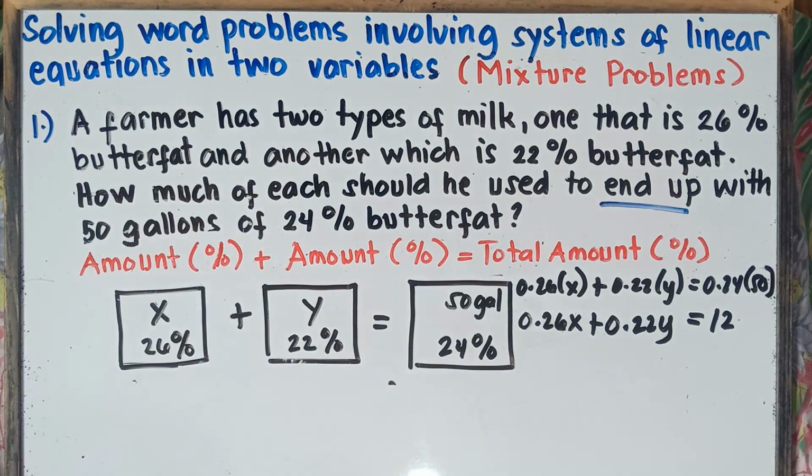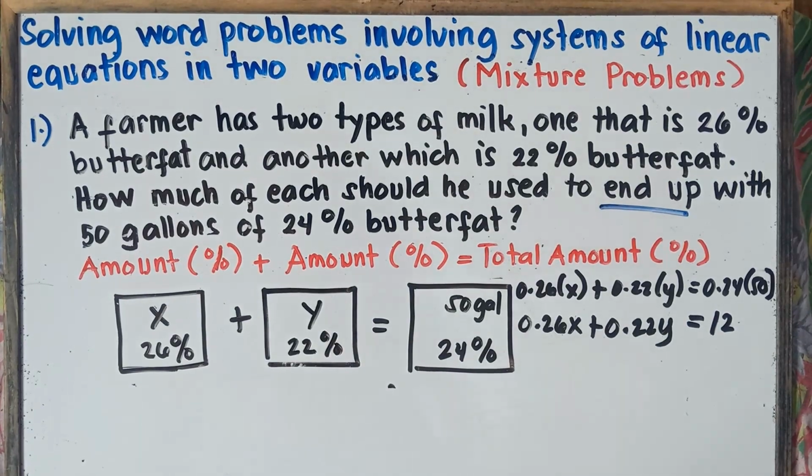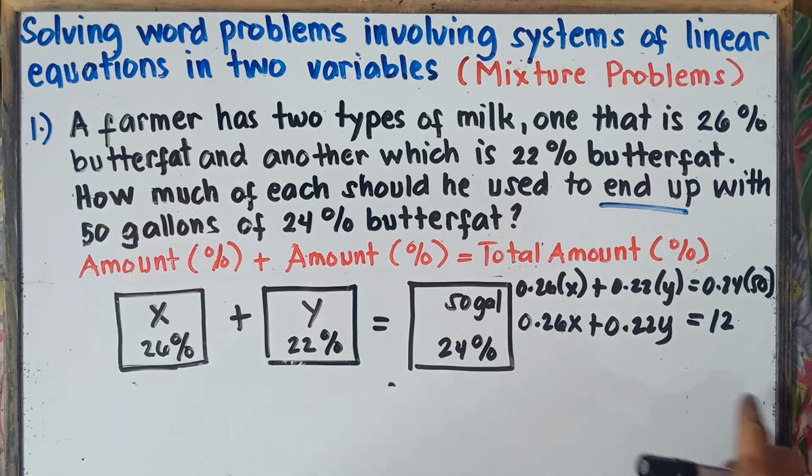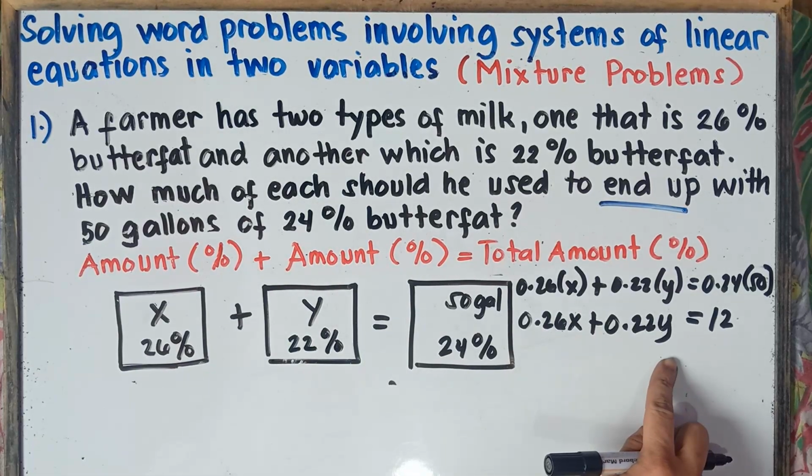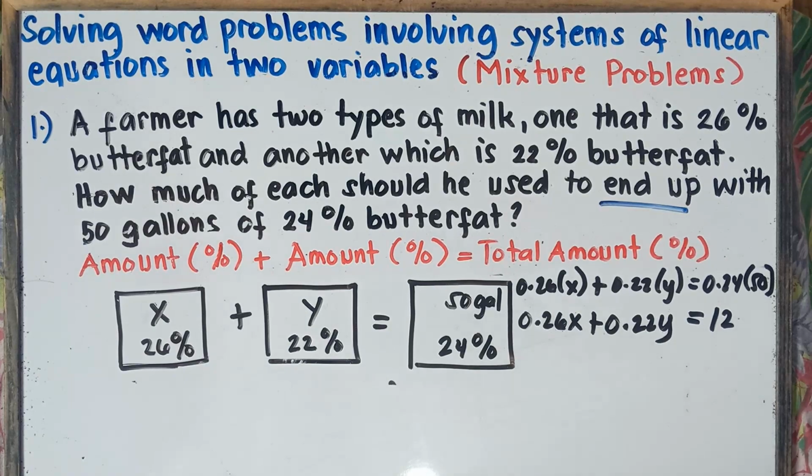Alright, now question, sir. How will you solve this one, sir? You can never combine x and y. Once again, guys, you can never combine x and y. You can only combine algebra expressions, class, if they have the same literal coefficient, same letter, and then same exponent.